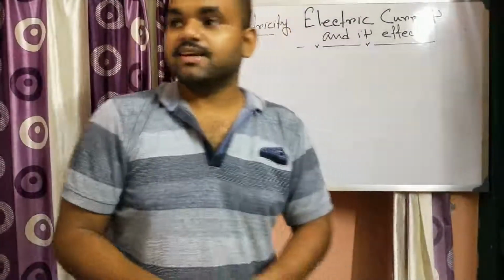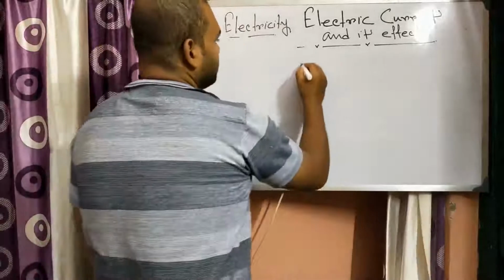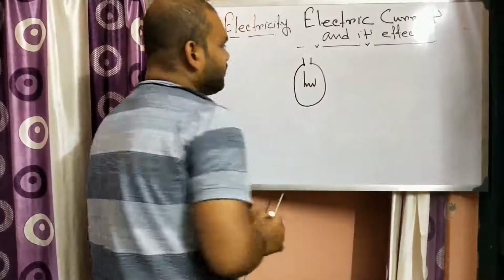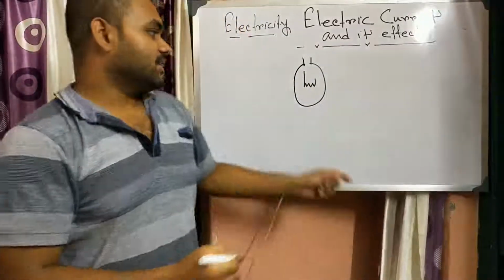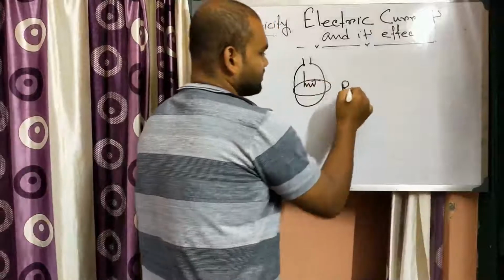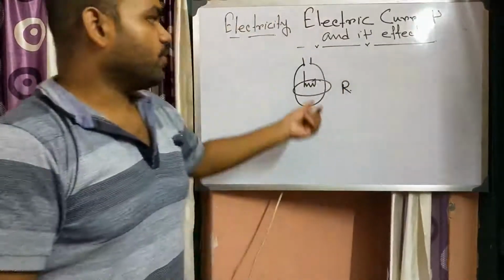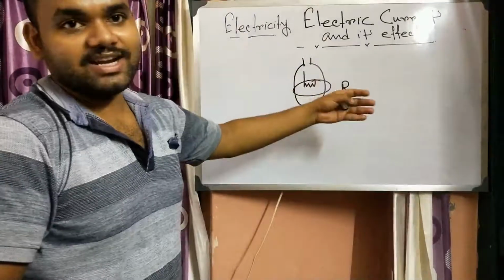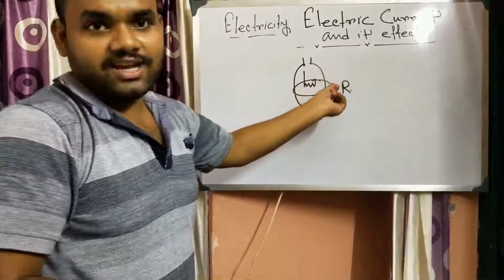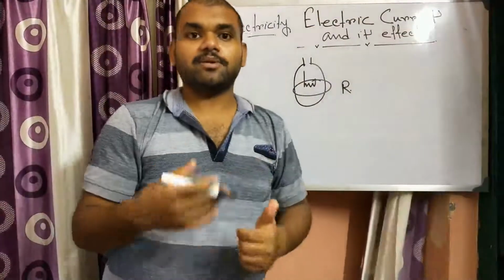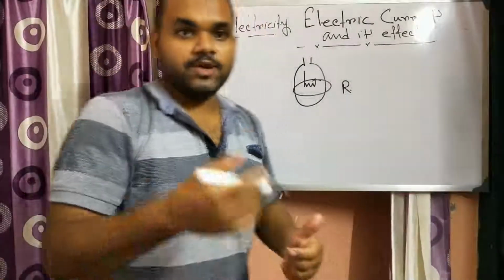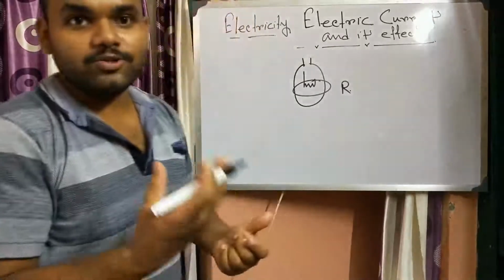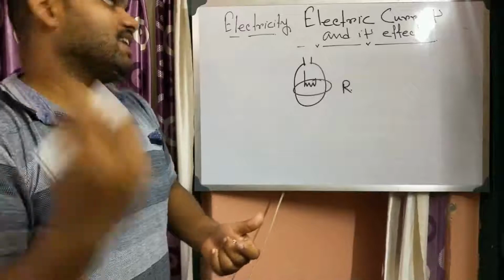Yes, there is. In the case of a bulb, suppose this is a bulb, in a bulb there is a filament. The filament is made up of such a material that it has a higher resistance and a very high melting point also. Whenever electric current is passed through it, due to the resistance, some amount of electrical energy is converted into heat energy, and it starts heating, and after some time it will radiate some amount of energy, that is the light energy. The more it heats up, it will start glowing, and due to that glow, we will get light from it.